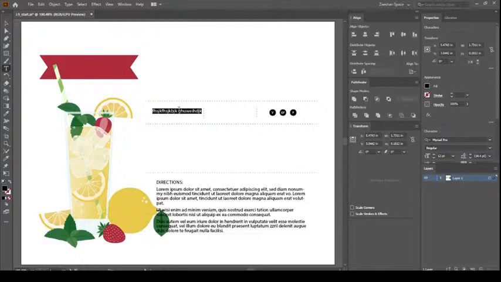So here what I will do is type Serves, colon, space, and then 6 hyphen 8. Okay, so this is just a text I have put here. Now I'm still in my text tool. You can see that it is already pressed and I can continue writing. But if I'm done,